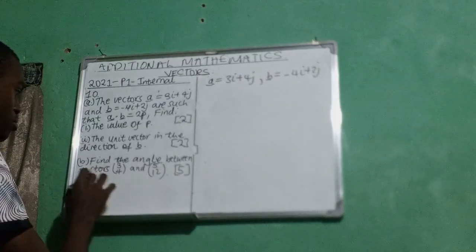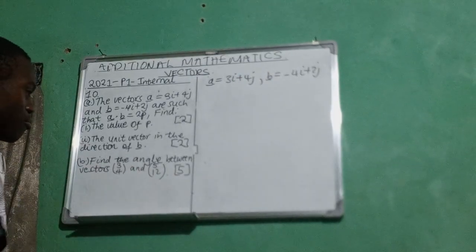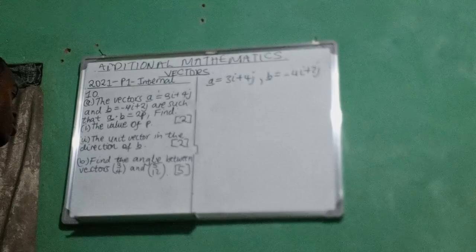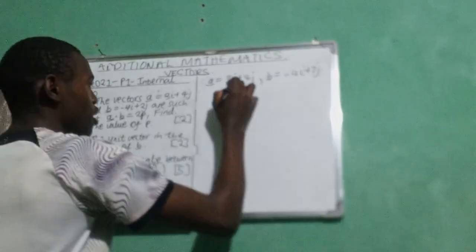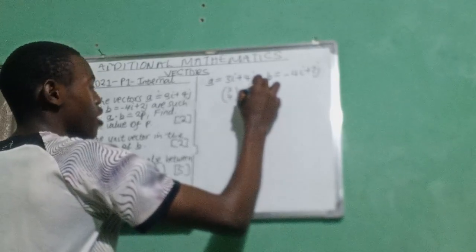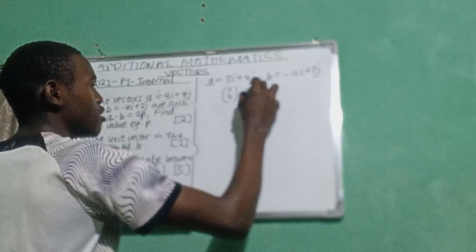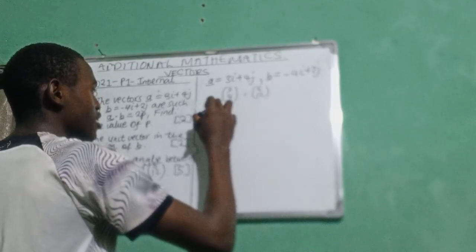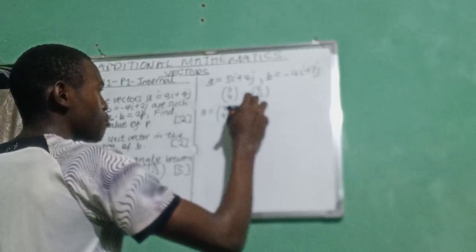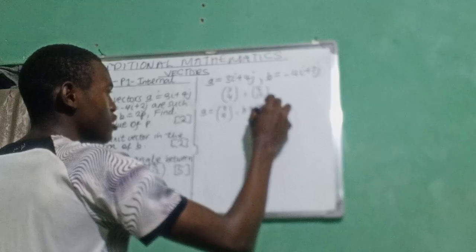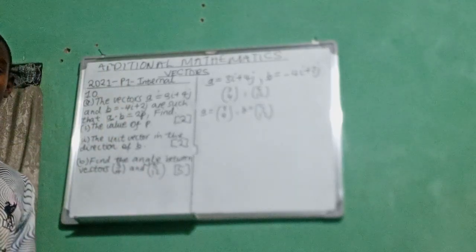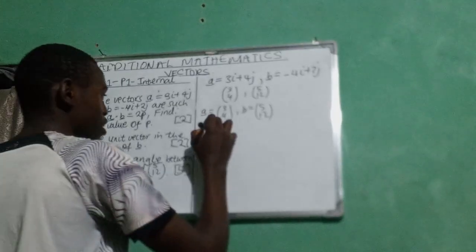Okay, find the angle between vectors (3, 4) and (5, 12). Now if I want to find the angle between such vectors, let's name these two vectors. We have (3, 4) as a column vector, and then we also have (5, 12). So let's say vector A will be equal to (3, 4), then vector B will be equal to (5, 12). Just like that. And then you need to know the dot product or scalar product formula, which is vector A